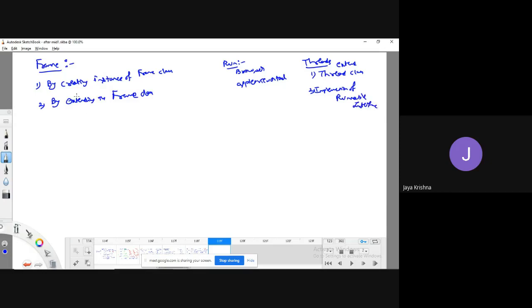Like that, we can create a frame component in two ways. One is by creating an instance of the Frame class, meaning I create an object of the Frame class in one class and apply various operations which I require. Another is I can simply extend my Frame class and perform the operation. For example, let us go with the first concept, creating an instance of the Frame class.